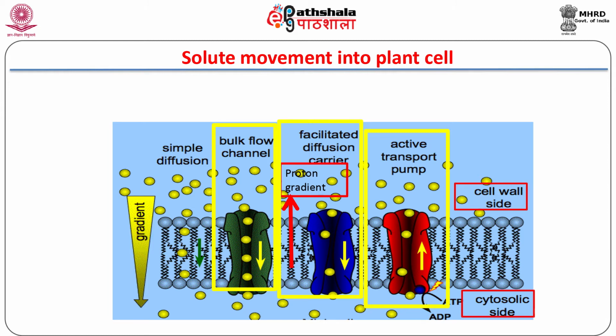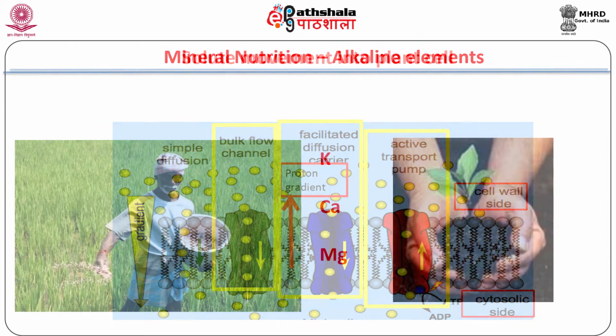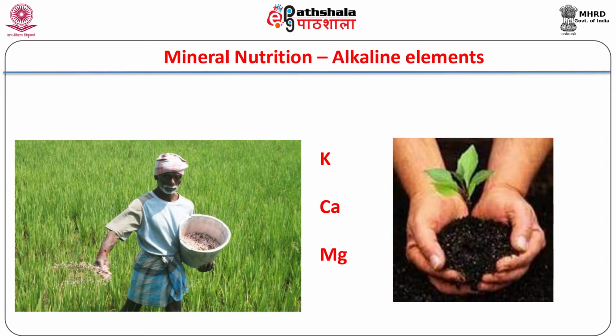In this module, we shall study the availability, transport, and role of three important elements, namely potassium, calcium, and magnesium. In soil, potassium is present as soluble ions in soil solution, or the ion is weakly adsorbed on clay and soil organic matter. Potassium content of soils is about 5 millimolar.